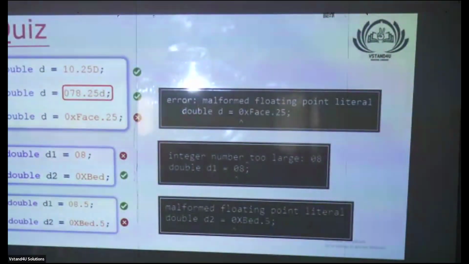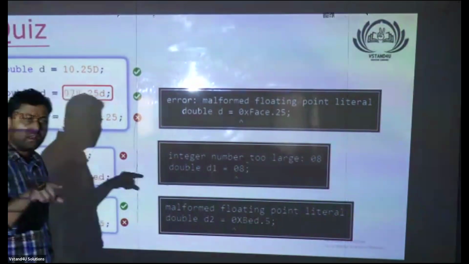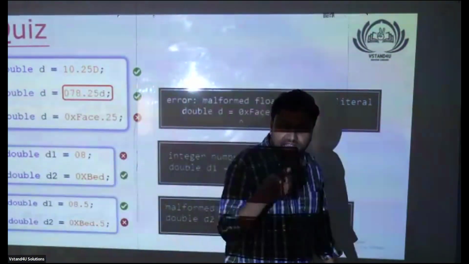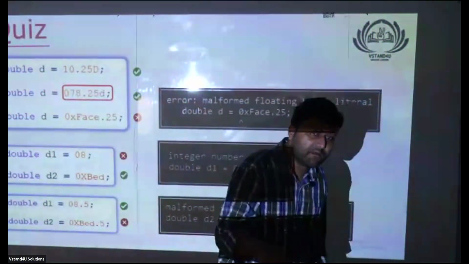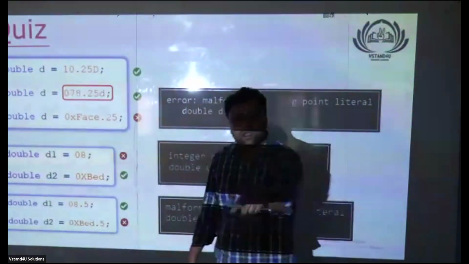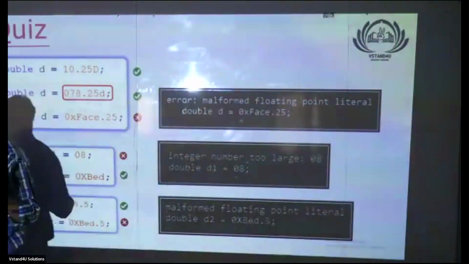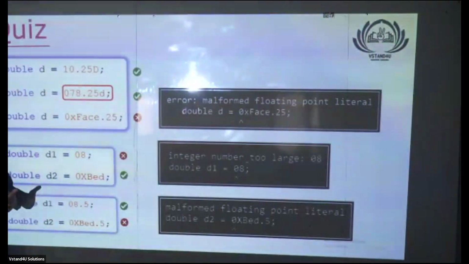Funda, simple and clear. Understand. A value which has decimal is a floating point. For floating point numbers, there is no concept of octal or hexadecimal. If a number does not have a decimal, then it is an integral number. Agree? For integral number, octal and hexadecimal allowed. Am I clear? No confusion. Shall I move to next?